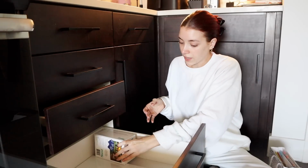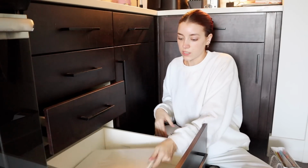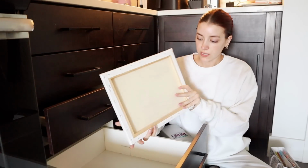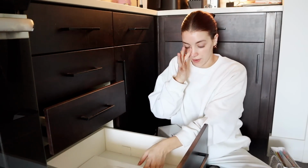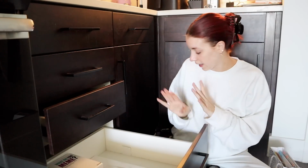All right, so now that everything is out of here, one thing that's really throwing off this drawer is I have this canvas, and it's pretty old, but I want to keep it because it's still good, and if I ever want to paint, I want to use it. But now what's throwing off this drawer is the canvas, and so now that everything's out, I'm gonna try and